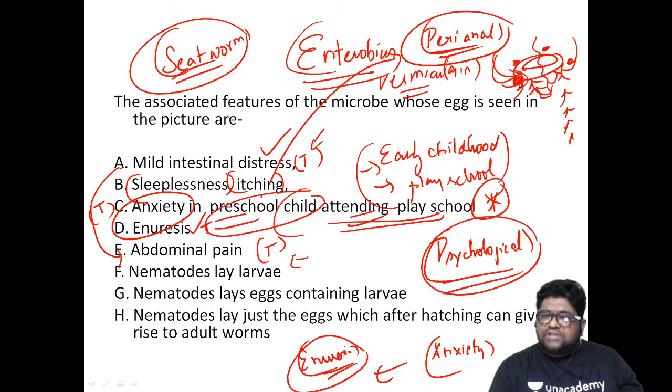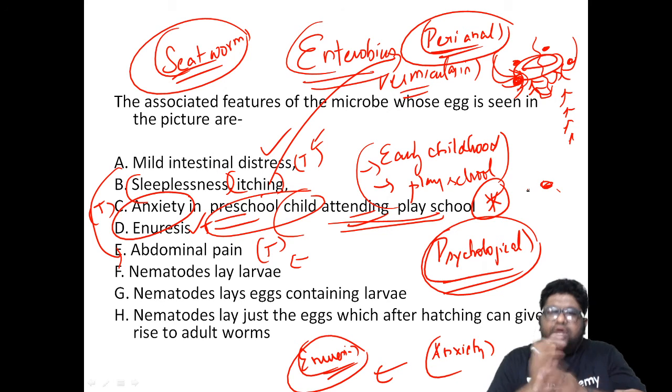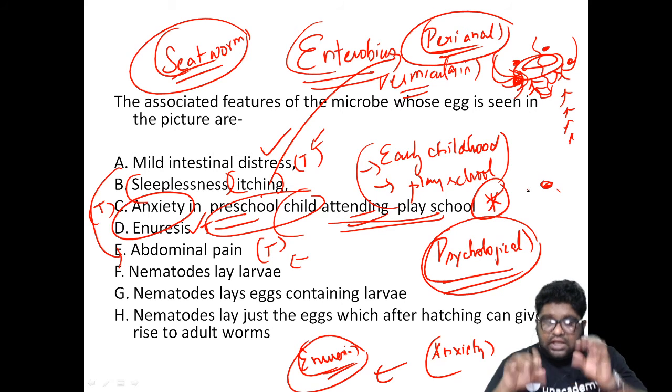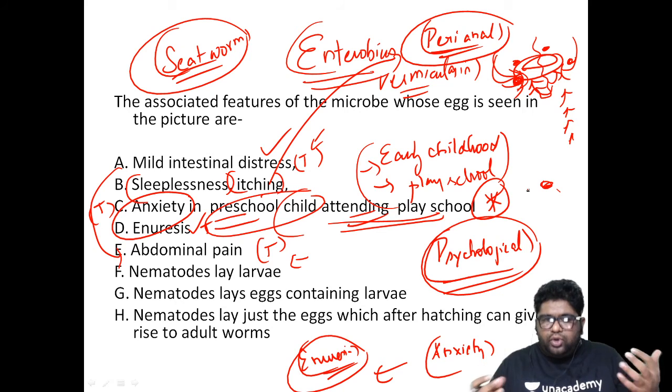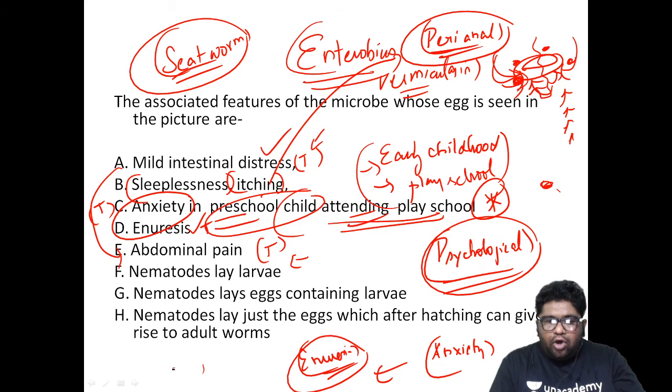The more you keep on scratching it, you will get these eggs coming into the nail bed. And once you have the organism in your nail bed, when you try to scratch your anal canal and then you try to wash your hands, still the eggs will be present, and now the eggs can go into your mouth if you do not take proper precautions. You don't know it, right? Because you will not know whether the eggs are present in your nail bed. When you swallow it, you are eating it. So this is an example of auto-inoculation. Mark my words, one organism known for auto-inoculation is